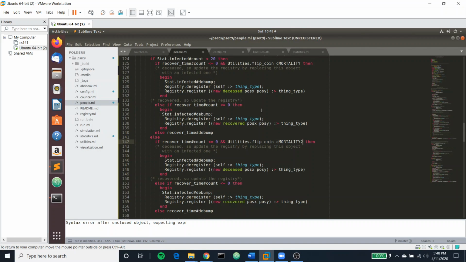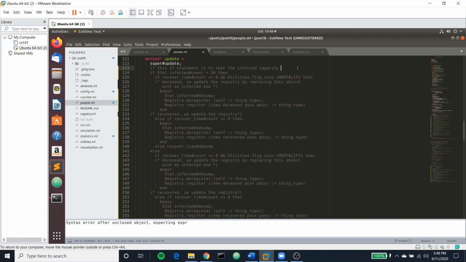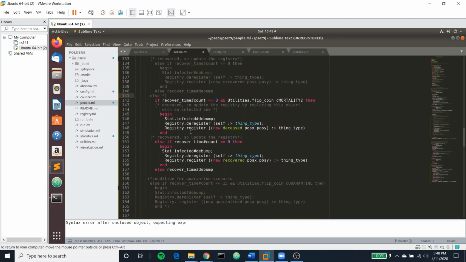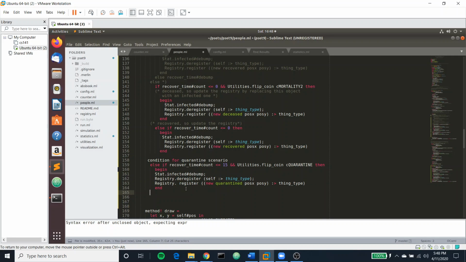Okay, the last thing that I want to show is a quarantining technique. I have to move some things around. Okay. Okay, so